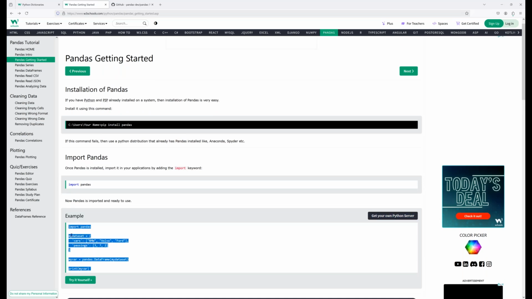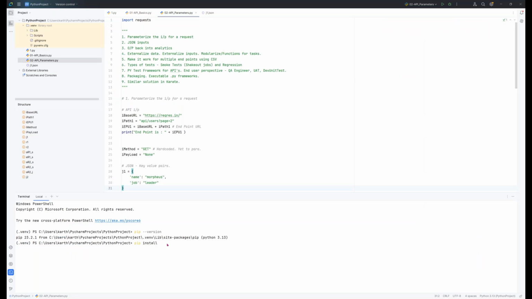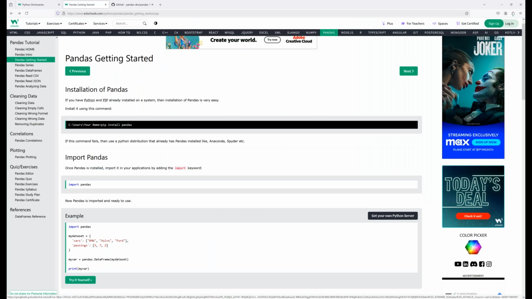Let's install pandas first. It should be able to download a few packages if needed, if they don't already exist, and give us a message about what happened after the installation. So once installation is done, we'll do a